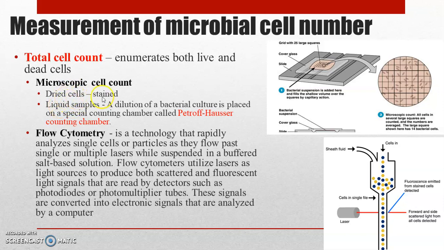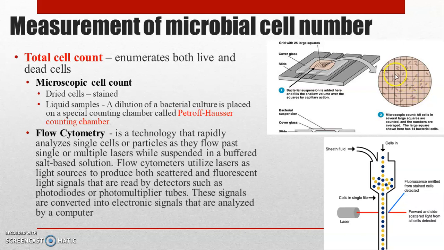Dried cells can be stained and they can be observed under the microscope, and the number of cells can be counted. Then in the case of liquid samples, we use a special counting chamber called Petroff-Hauser counting chamber. It is similar to the counting chamber that we use for the enumeration of WBCs. This chamber is having a shallow cavity where we can fill the bacterial sample, and this cavity is having